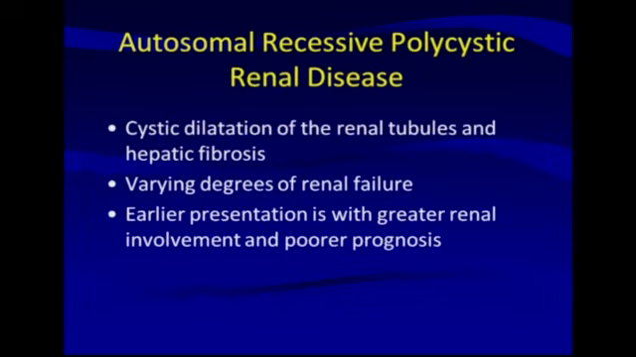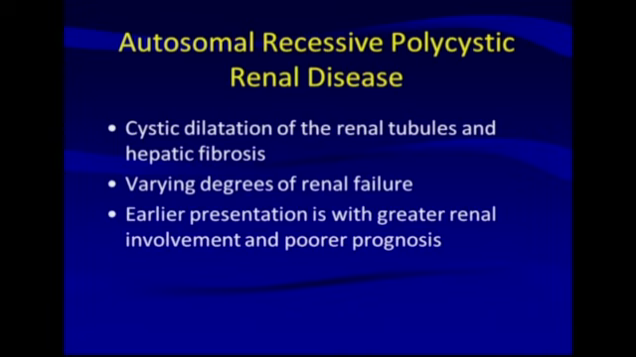Now, autosomal recessive polycystic kidney disease. In this inherited disorder, there is cystic dilatation of the renal tubules as well as hepatic fibrosis. And the degree of renal involvement is often inversely proportionate to the degree of liver involvement. And depending on how much involvement there is within the kidneys will determine what the prognosis is for the fetus